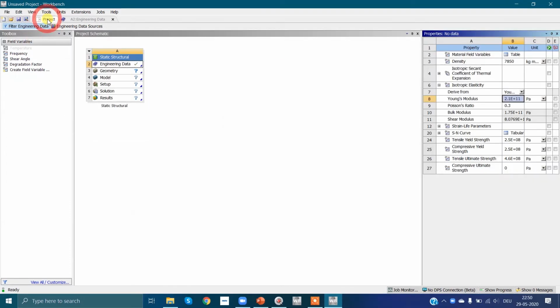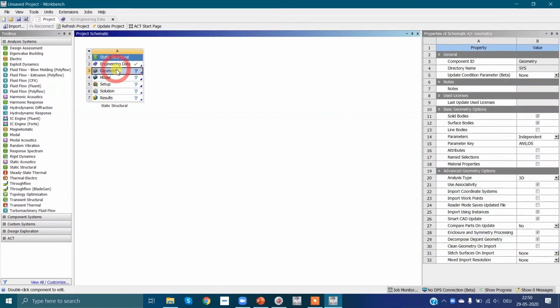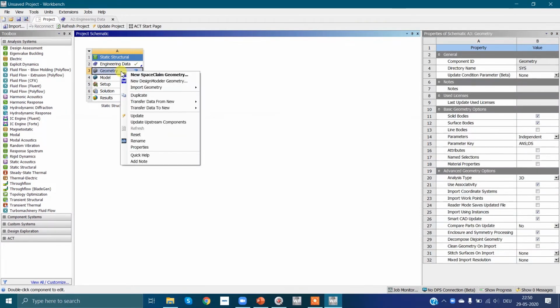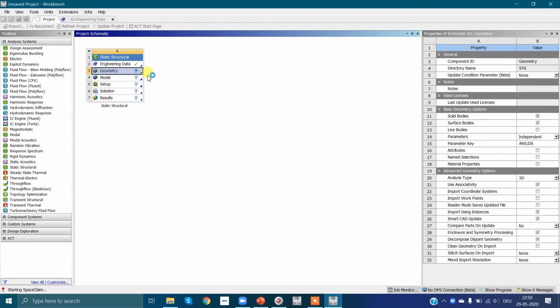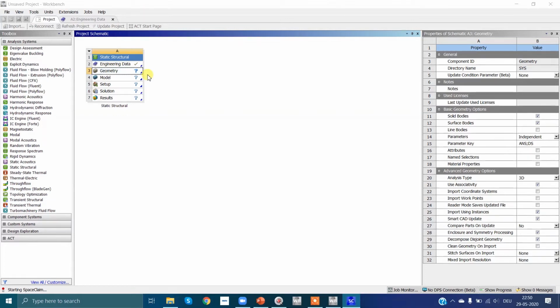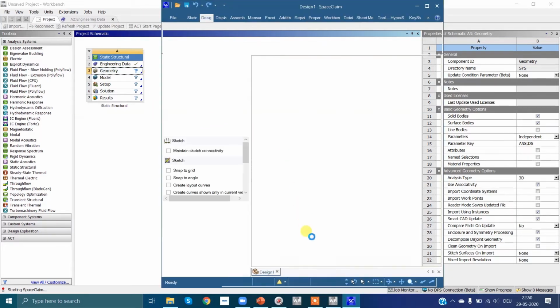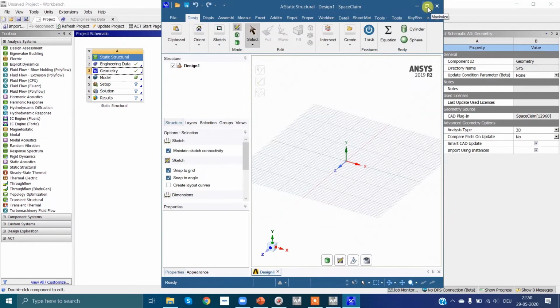Now we'll create the geometry. We will simply use SpaceClaim for that. If you don't know how to use SpaceClaim, see my video on that. It will take some time to open. Yes, it's open.